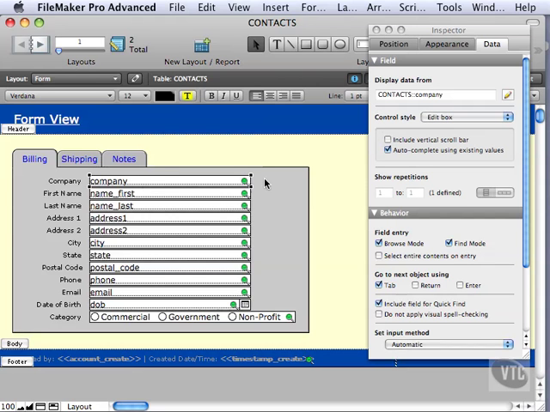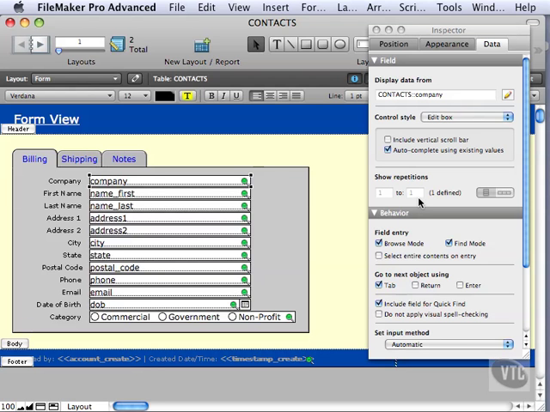Okay, so let's move on down this list. We also have repetitions. Those typically aren't used. They're for flat file systems. They are used sometimes for storing values or variables, and you can use that with variables. They have repetitions, or global fields with repetitions, but generally storing data in a repeating field makes it extremely difficult to do reporting, so I wouldn't recommend using this very often, especially not in layout mode where you'd be doing